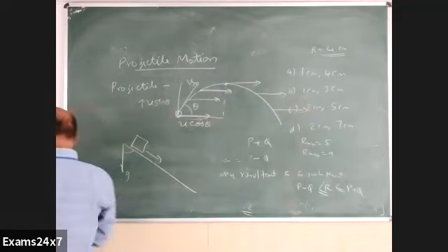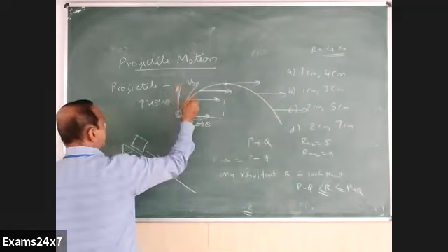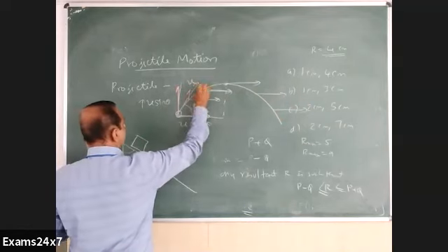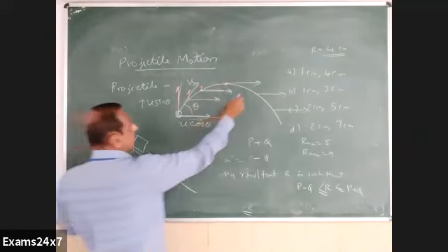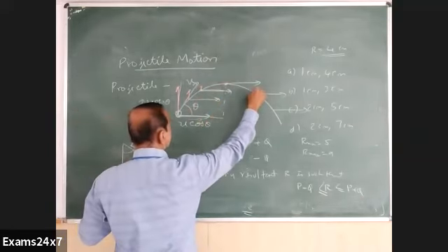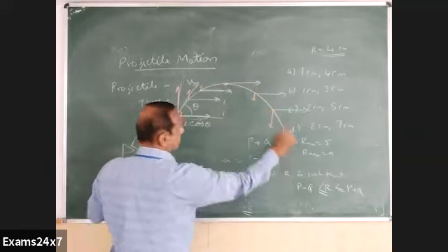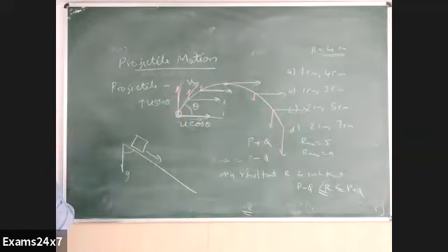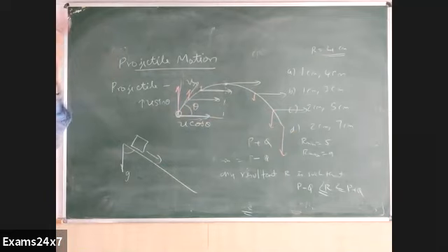Whereas the u sin theta part is changing. See, initially this much is u sin theta. Next this much. Next still smaller. And here it is 0. Then how should I draw here? Like this. Pink indicates the u sin theta part. Initially it is decreasing, decreasing and finally 0. But velocity is not 0 at the highest point. It is u cos theta only.